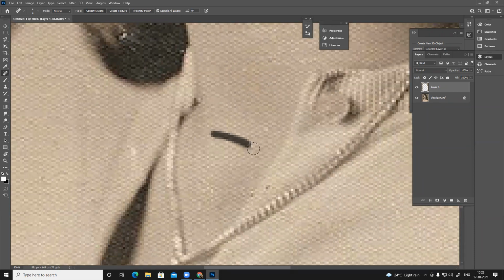Sure, it's okay for us to use clone tool to completely do this thing, right? It's okay for us to completely use clone tool to do the entire thing, right? It's not necessary for us to only use healing brush tool. Yes, it's not necessary as long as it looks clean and it doesn't look like you copy pasted. So you can use clone tool, but clone tool will copy from somewhere else and paste it there. So duplication you have to remove. Nobody should be able to see it.